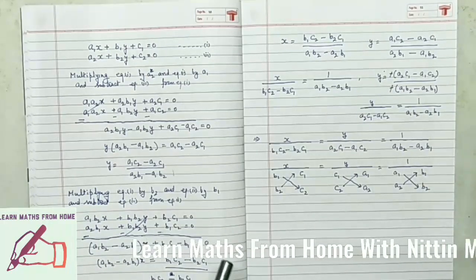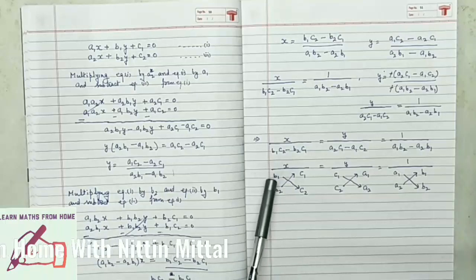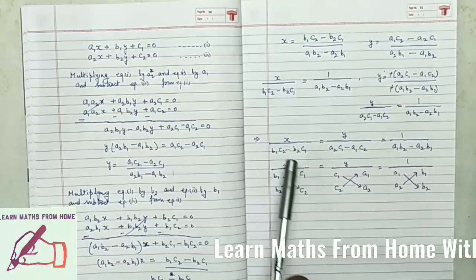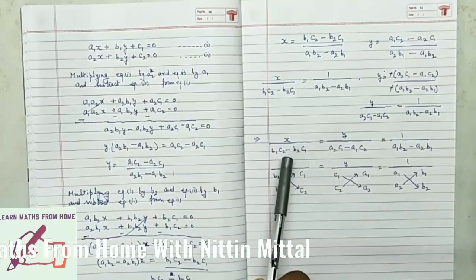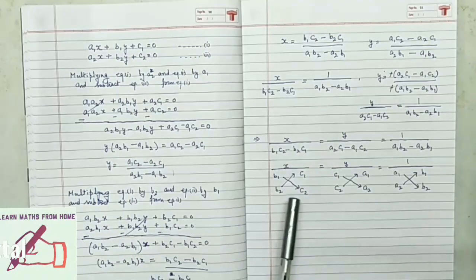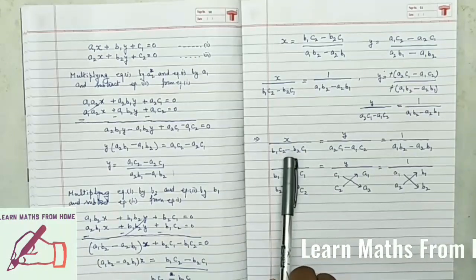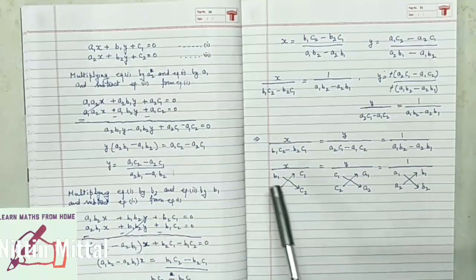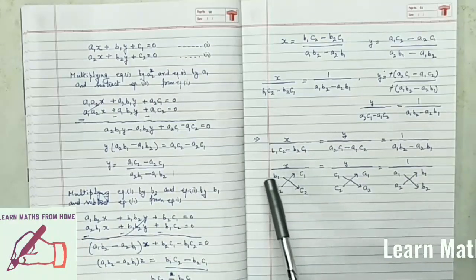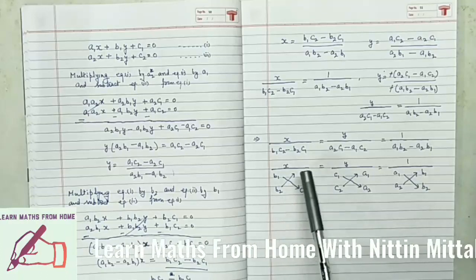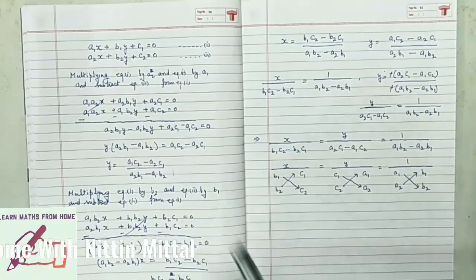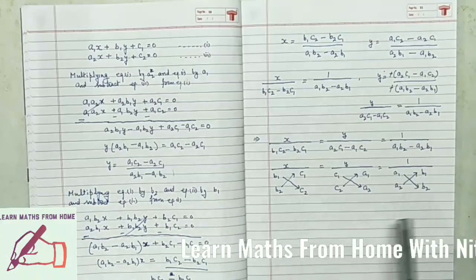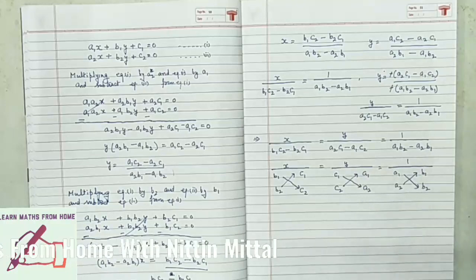Now you check, if we multiply b1 with c2 and b2 with c1 and we subtract the products, why do we have to subtract? Because we derived that, we made this step from here, and what is here in between? The two terms with minus. It means we have to subtract the product of lower left from the product of upper left, right? And the same we have to do in case of y as well as 1.